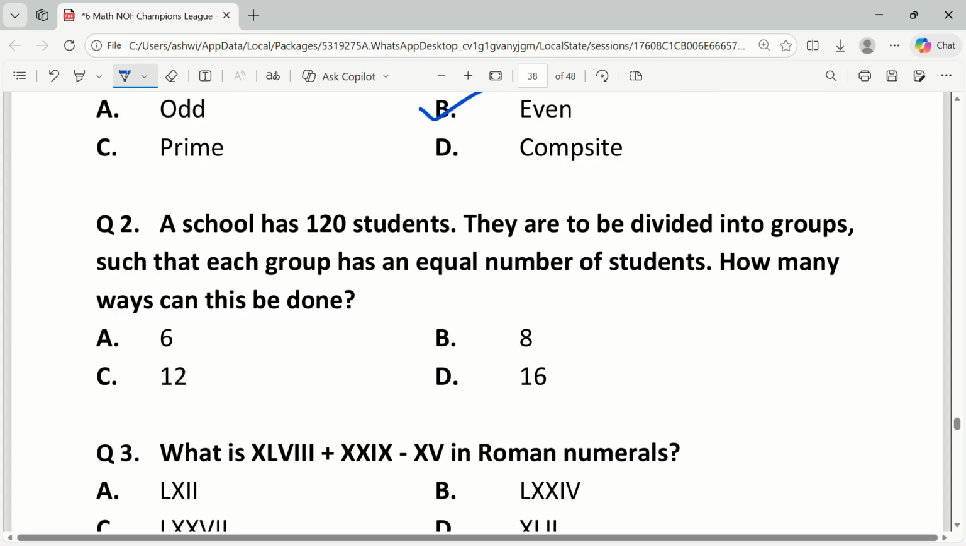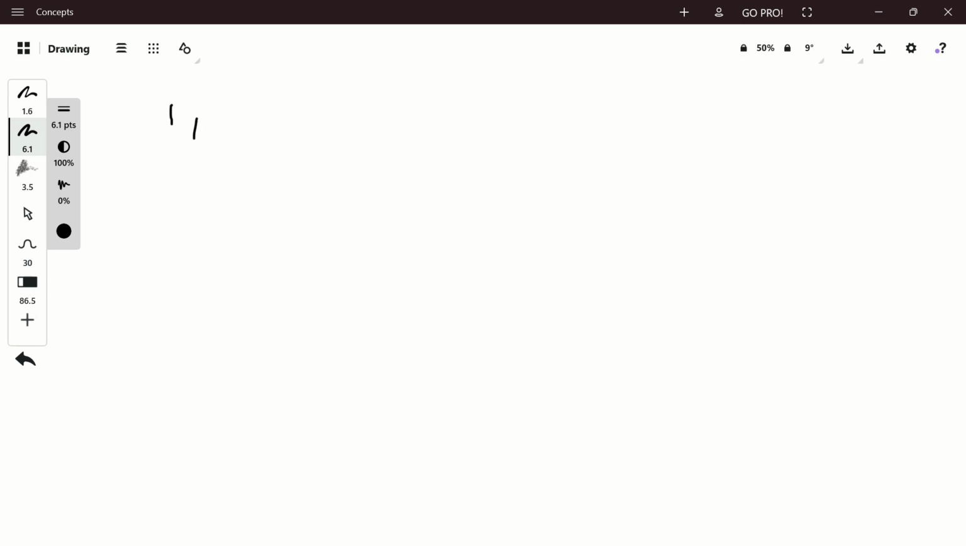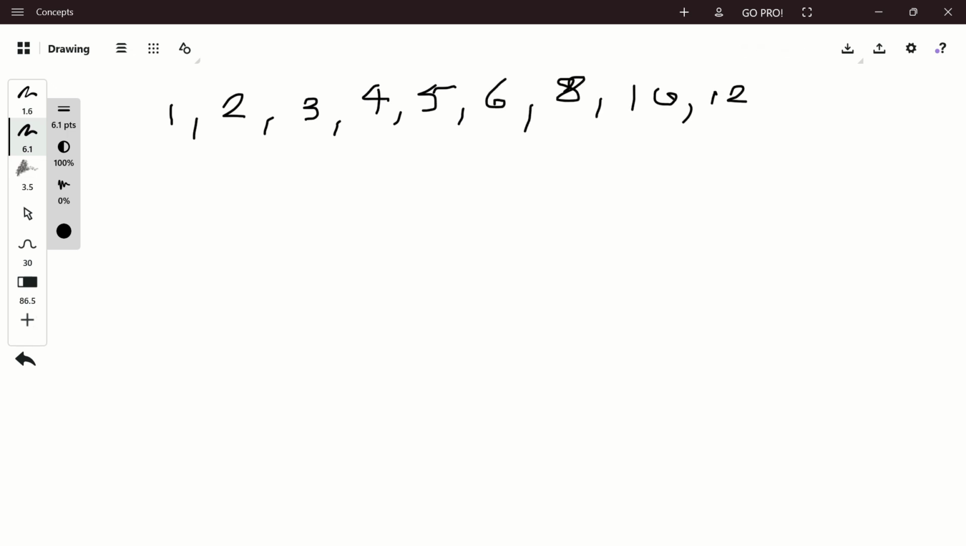Question 2. A school has 120 students. They are to be divided into groups such that each group has an equal number of students. How many ways can this be done? The number of ways students can be divided into equal sized groups is equal to the number of factors of 120. The factors of 120 are 1, 2, 3, 4, 5, 6, 8, 10, 12, 15,